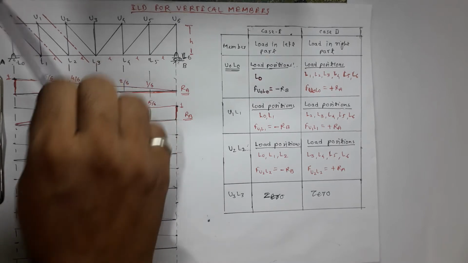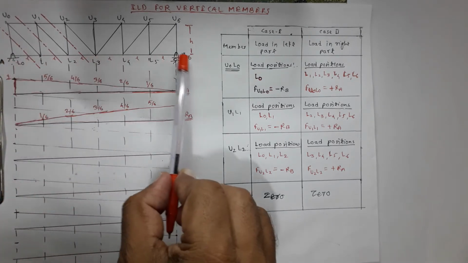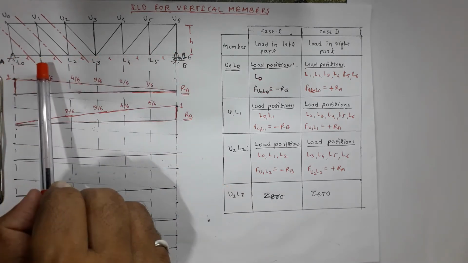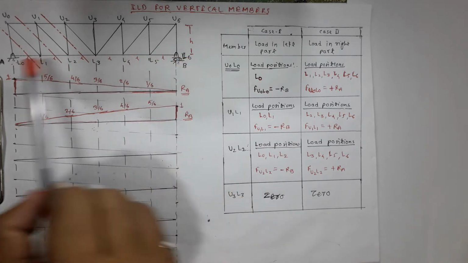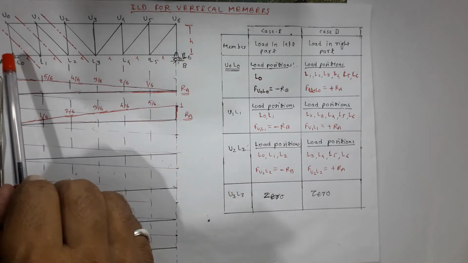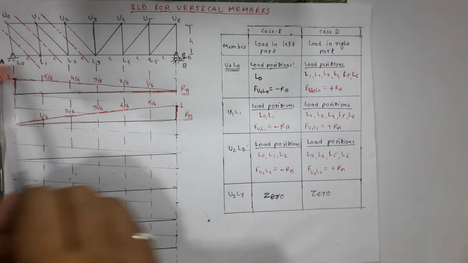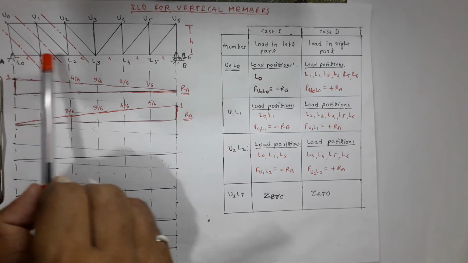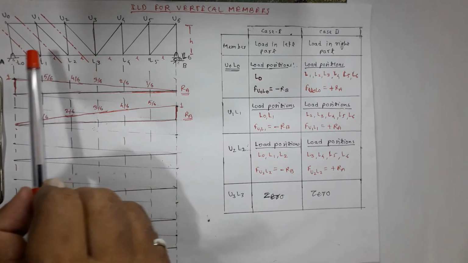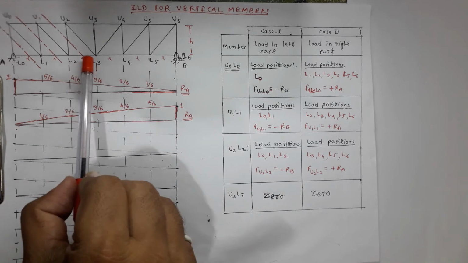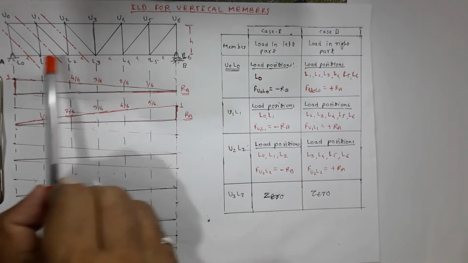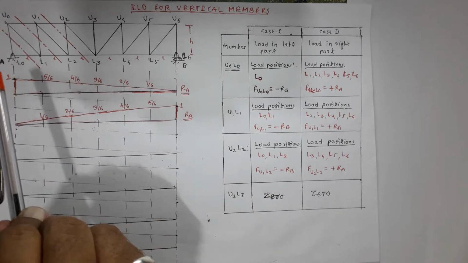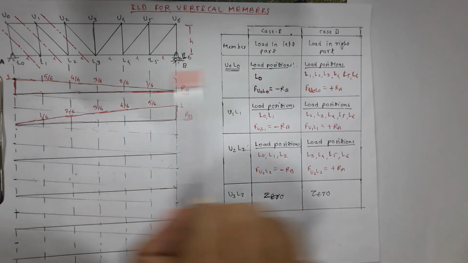Now the unit load moves along the bottom chord line. So it is taking different positions L0, L1, L2, L3, L4, L5 and L6. Now depending upon the positions of this load, when the load is in left part, we deal with the right part. Remember the procedure. When the load is in left part, deal with the right part and get the value of the force from the right part. When the load moves to the right part, deal with the left part and get the value of the force from the left part. So that is what I have done.